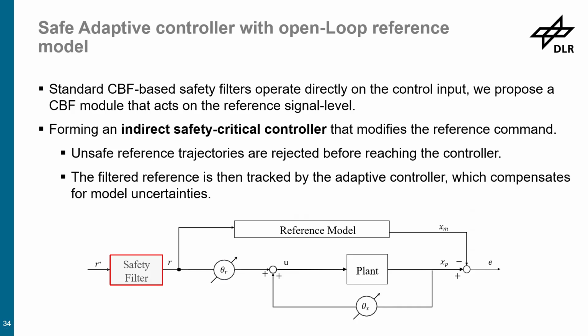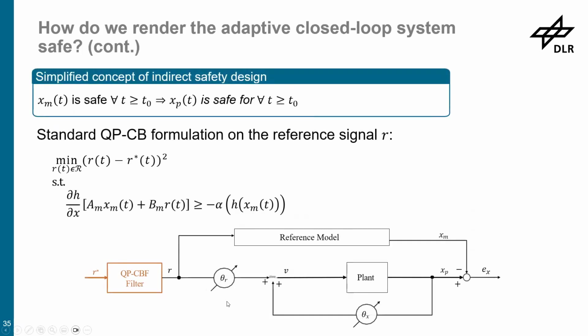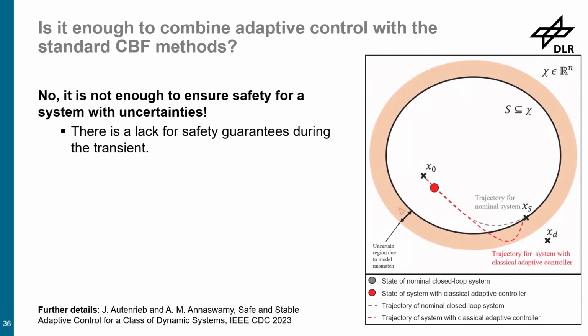The problem here is that the reference model can provide safety when you have the right gains learned. But if you don't, or when you are during the transient, you will have an issue, right? So here again, when you've learned everything, everything is fine. The guarantees hold. So this is not a problem. But during the transient, there will be a period of time where you're still trying to learn the model, right? And during that period of time, you can't rely on the fact that you're rendering the reference model safe because you are still not at that point to be equal to the reference model, right?